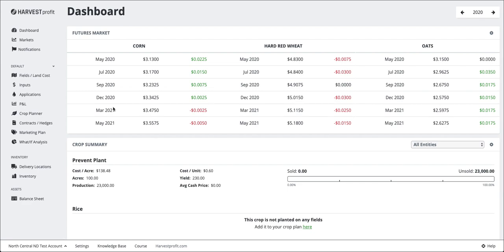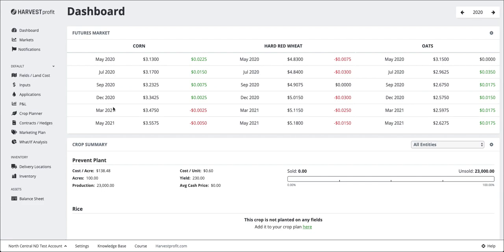Today we're going to look at how to enter Prevent Plant into your account. We're going to do it by using the Scenarios tool, and this way we can create a scenario and make some changes. Obviously, when we're evaluating PP, sometimes beforehand we're not really sure if it's going to be the actual scenario that takes place. So we're going to use a combination of the way we enter our Prevent Plant, which is kind of unique, in combination with scenarios and then the analysis tool to pull this all together into a complete analysis of evaluating PP and using your Harvest Profit account